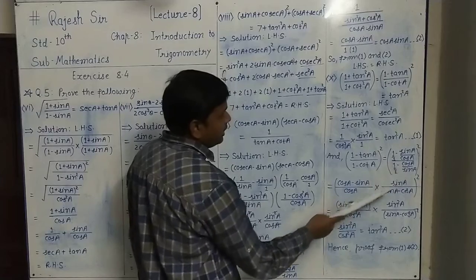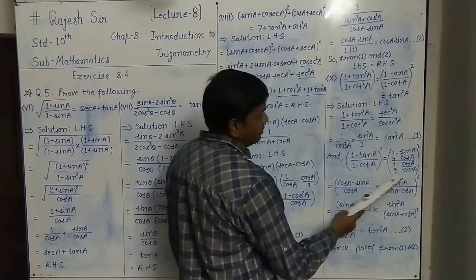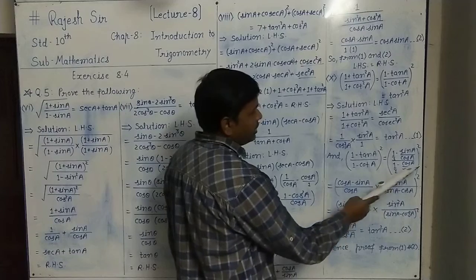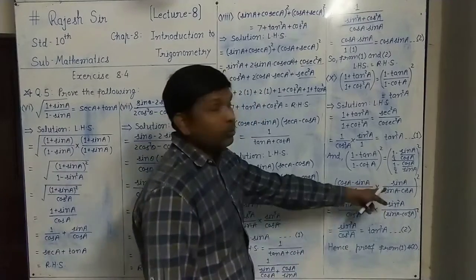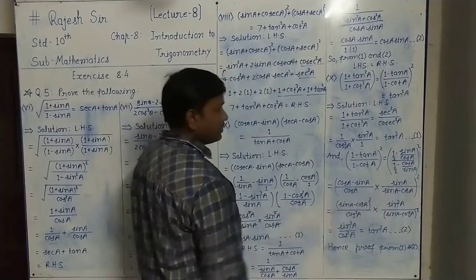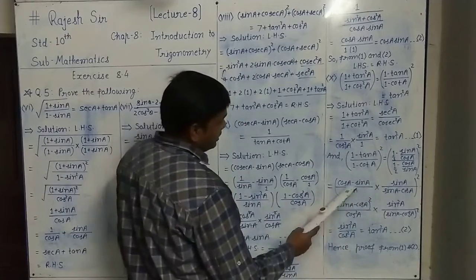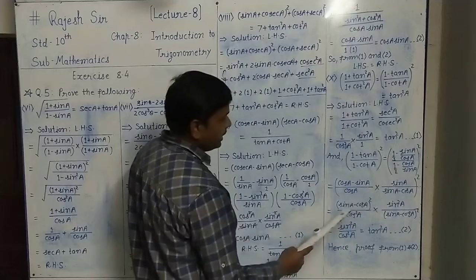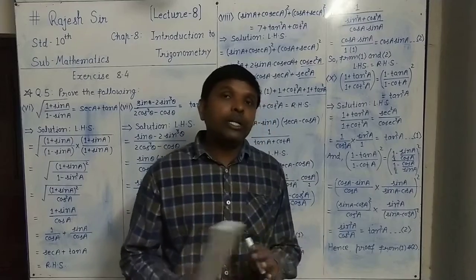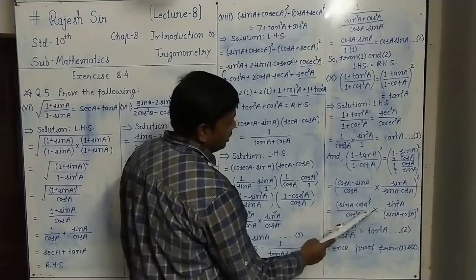And down in the denominator is the multiplied part and we will write its inverse. So sin A is the LCM, that is written up, and multiply the cross: sin A into 1 is sin A, minus cos into 1, cos A is written down. Invert it because in multiply we have taken it. And the whole square as it is. Now the whole square is given to each and every term. So here cos A minus sin A whole square, or sin A minus cos A whole square, and sin A minus cos A the whole square is the same. So in place of cos A minus sin A, we can write sin A minus cos A the whole square.